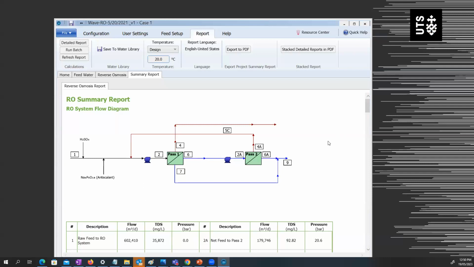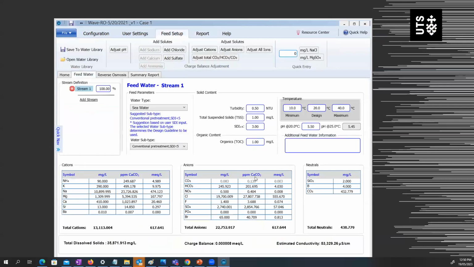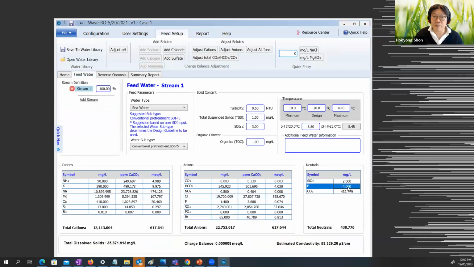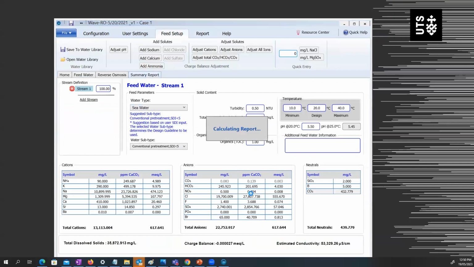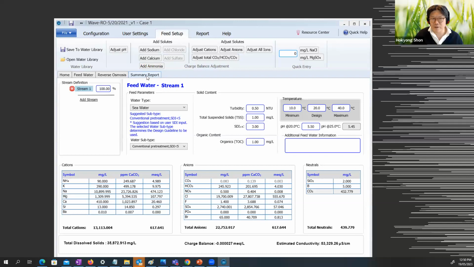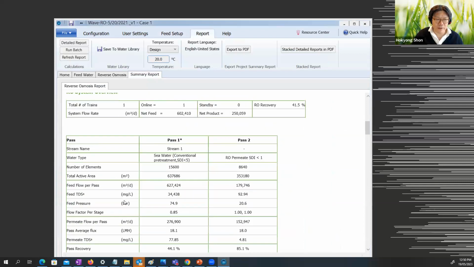Yes, in the report the boron concentration is 5, so just put the 5, then click the report, and you will see the permeate. Our assignment question says it has to be less than 0.3 milligram per liter, right? Exactly. So from 5 milligram per liter of boron concentration,